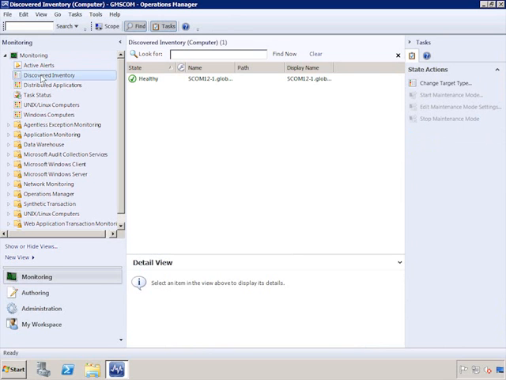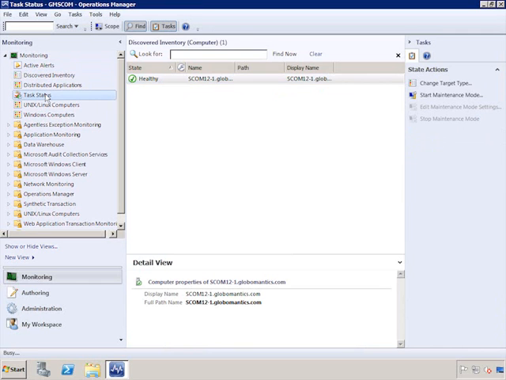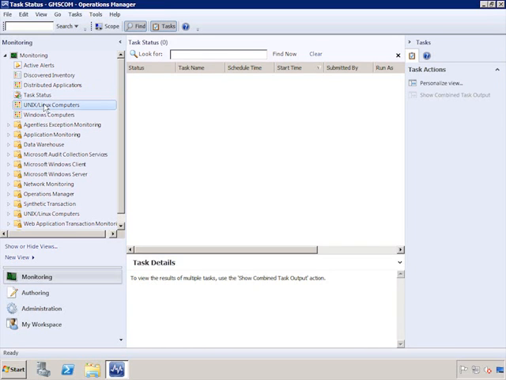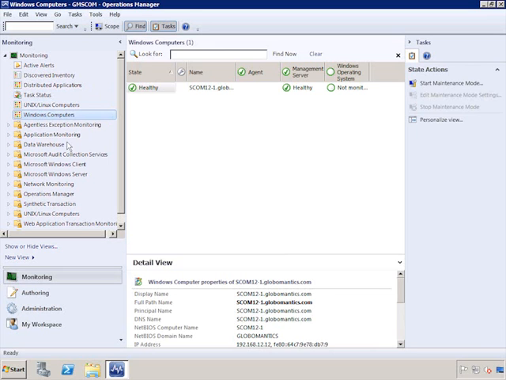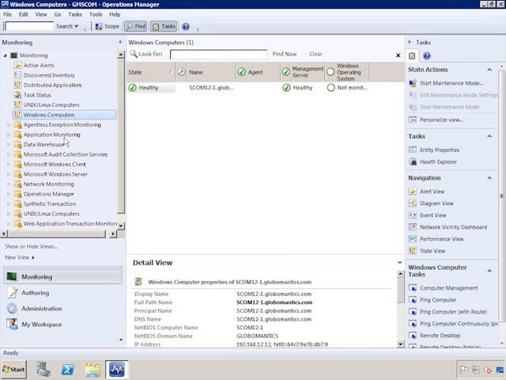For example, is a disk running low on disk space on one of your servers? Any inventory that's been discovered. Well, one system has been discovered because we installed Operations Manager to it. Information about tasks, Unix computers, Windows computers, what have you. As you start adding management packs, which are extensions to Operations Manager, you'll start to see that all of this stuff fills out. Now notice I chose Windows computers, and when I come over here and look at the Windows computer,